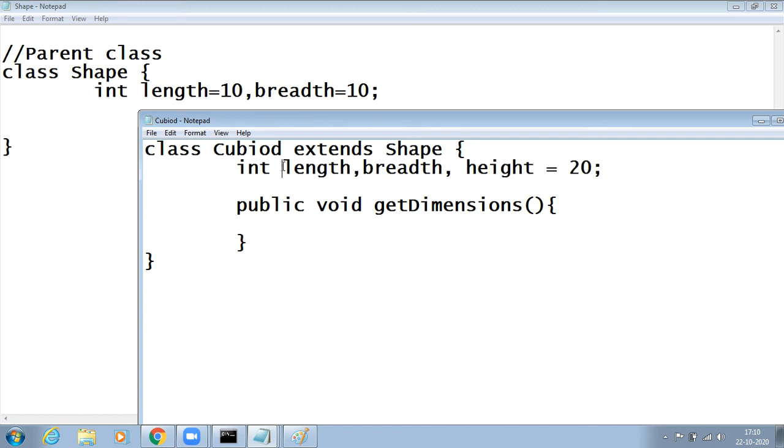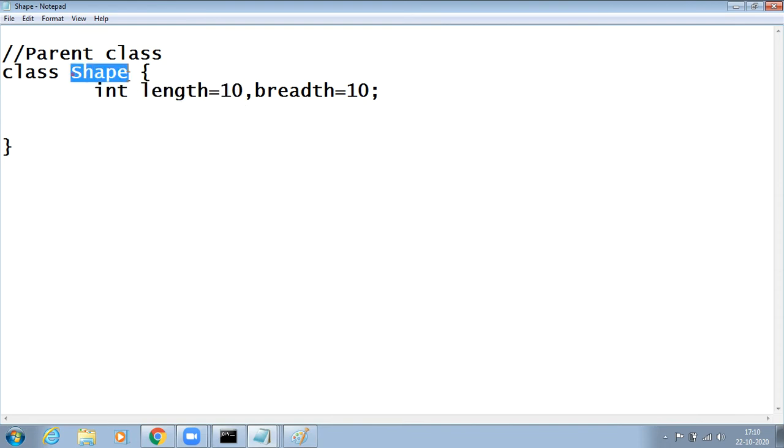Now how to get length and breadth? I already have height here. I want to get length and breadth for the cuboid. So I access them like this: this.length. The meaning of this.length is the current cuboid's length, but its value is taken from the length in Shape.